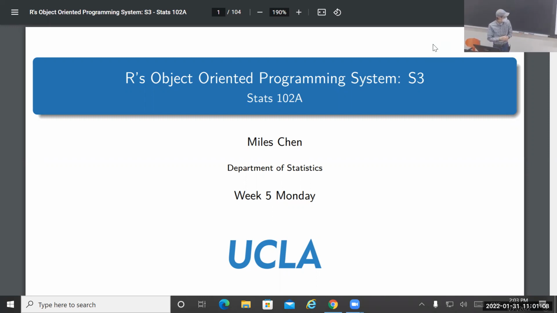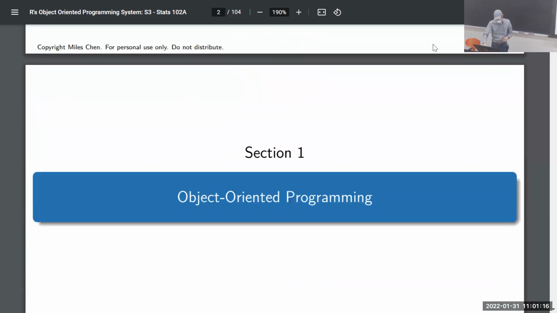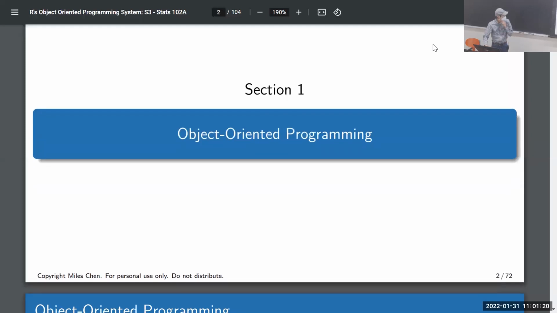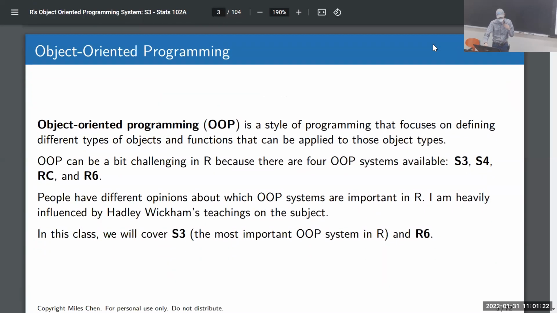And today we are going to start talking about object-oriented programming. Today we will cover S3. Wednesday we'll cover R6. Anyway, let's look at this. So what is object-oriented programming